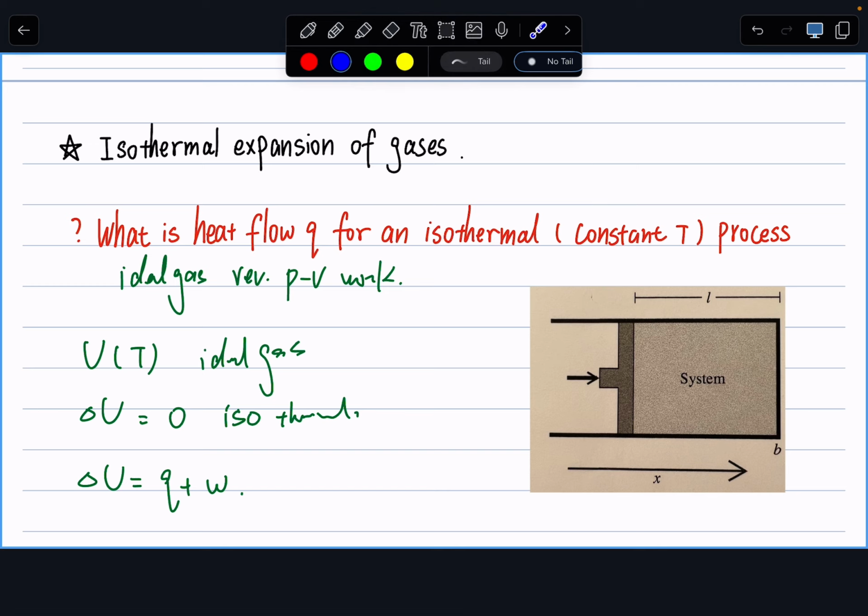It's just a negative work reversible. Yes, but it's a little